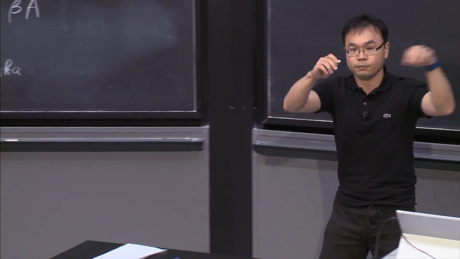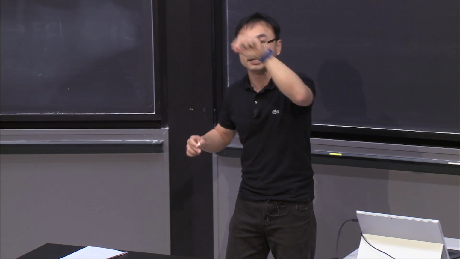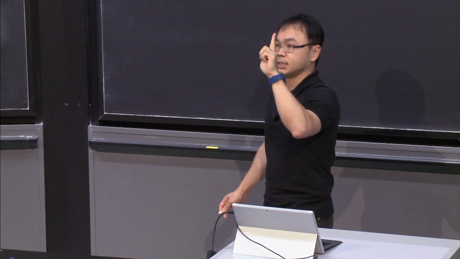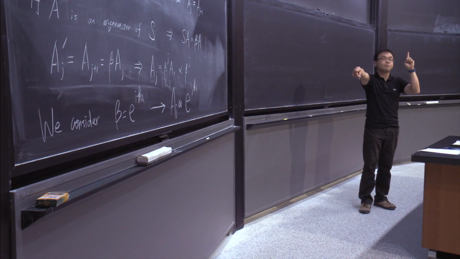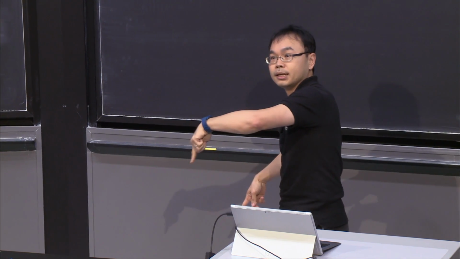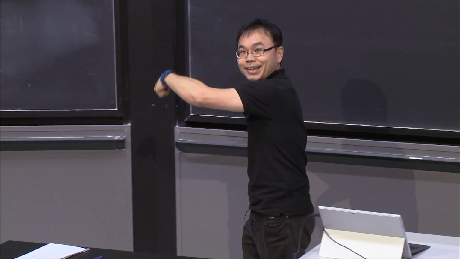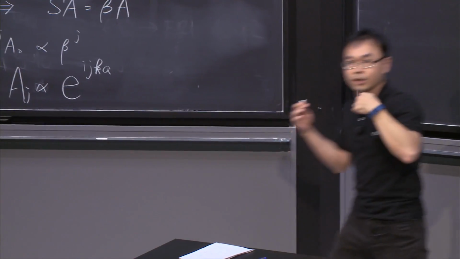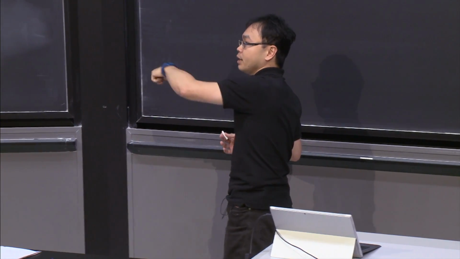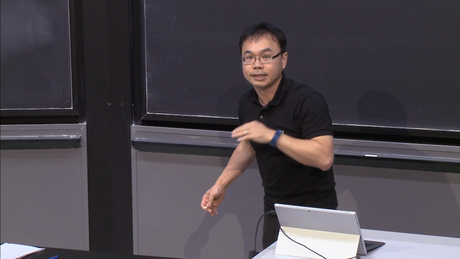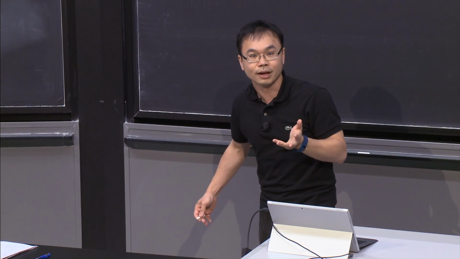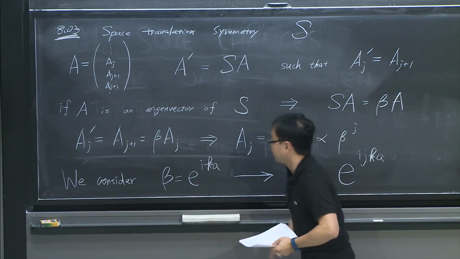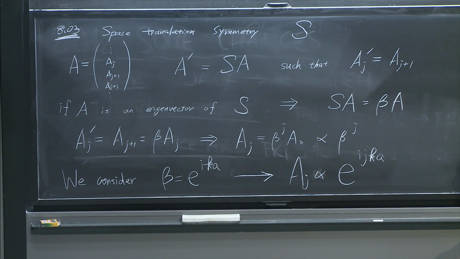Okay, so if this is J plus 1, J plus 2, etc. as a function of J, the label, then this operation multiplied by beta is really a rotation in the complex plane. And what we actually see in the physical system is a projection of this complex plane to the real axis. And that will give you a sine function and cosine function. So very interestingly, if we choose wisely the beta to have absolute value of 1, then that will give you